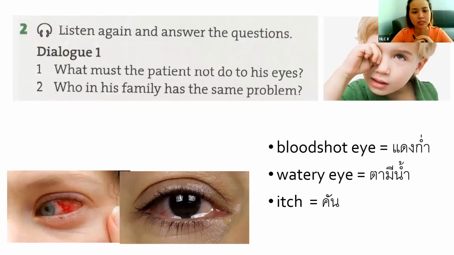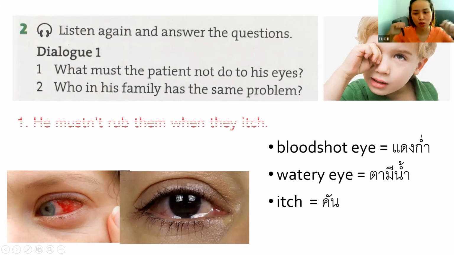Okay, now it's time to answer the specific questions from each dialogue. Dialogue 1, number 1. What must the patient not do to his eyes? ต้องไม่ทำอะไร The answer, he mustn't rub them when they itch. ก็คือต้องไม่ถูนะคะต้องไม่ไปเกาตอนที่คัน Itch means คัน